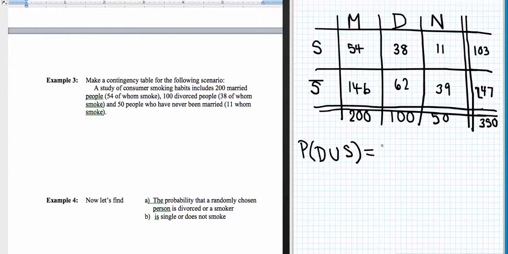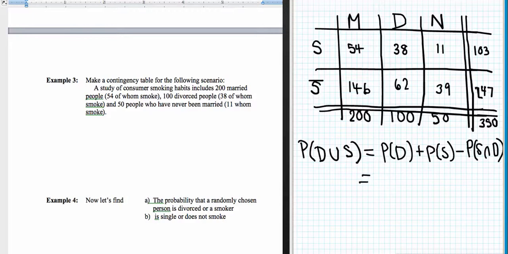And therefore, I'm going to have the probability that they're divorced plus the probability that they're a smoker. And because this is a two-way table, I know there's going to be interference between being smoker and being divorced, because there's people that can be in both of those classifications since they're two different classifications on the same set of people, so smoker and divorced. And remember, it doesn't matter what order we put any of these things in, it's still going to give us